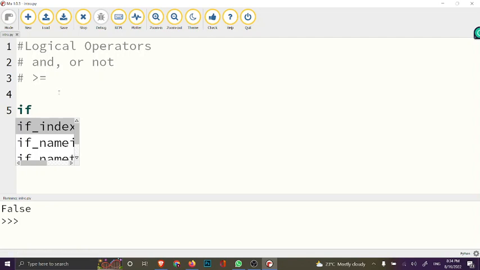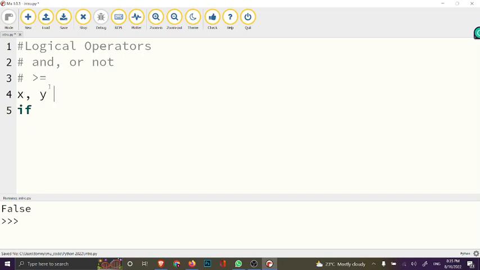In the previous discussion on comparison operators, where we have the less than or equal to, we tried to break it down and say two conditions are actually in there. So we can come here and say, let me use my x and y again now. x and y equal to 5 and 4, right? So we'll come here and say if x is greater than